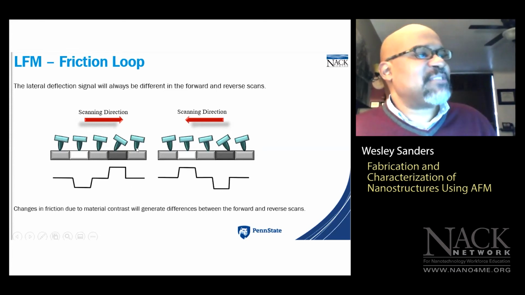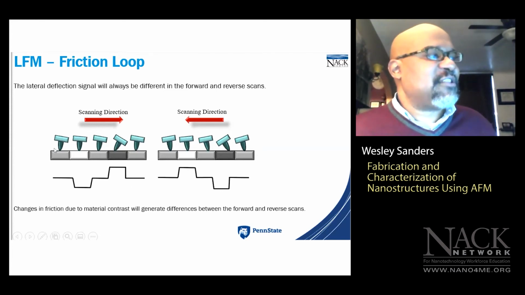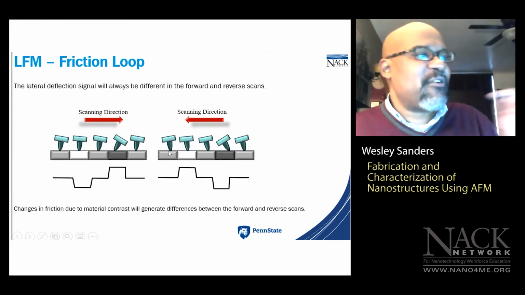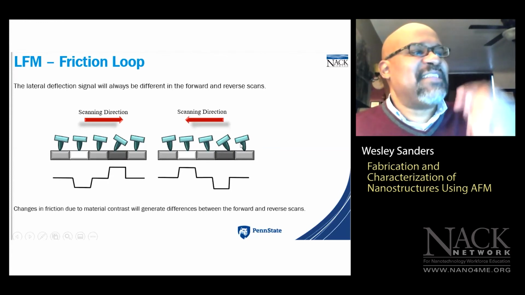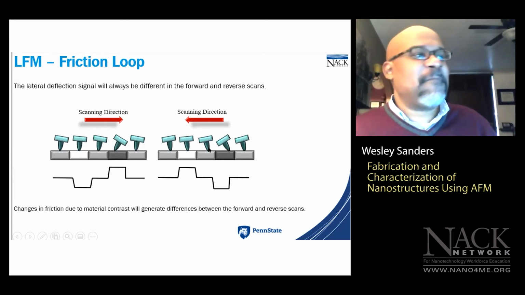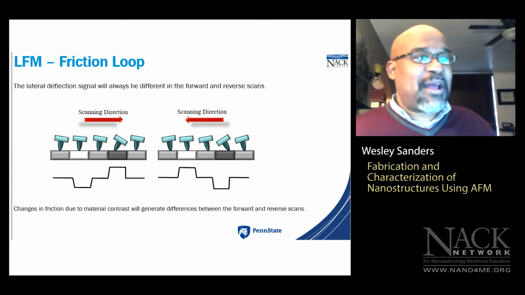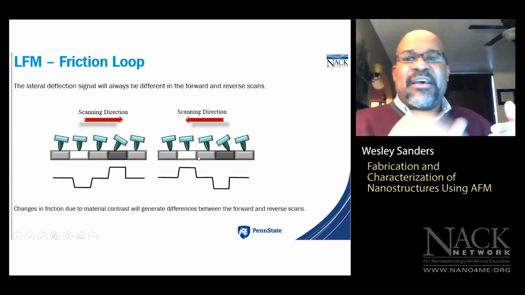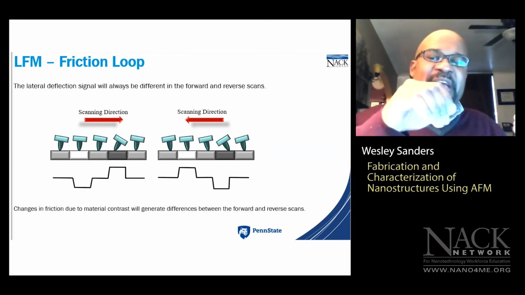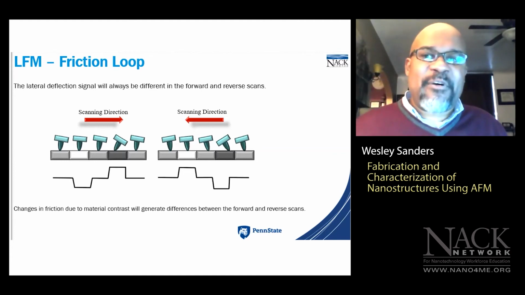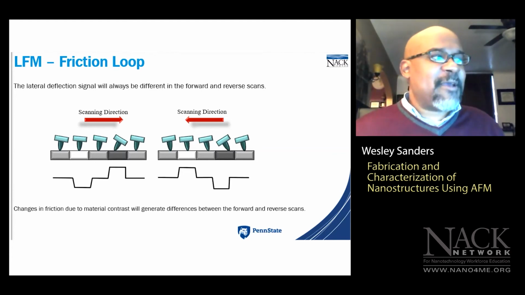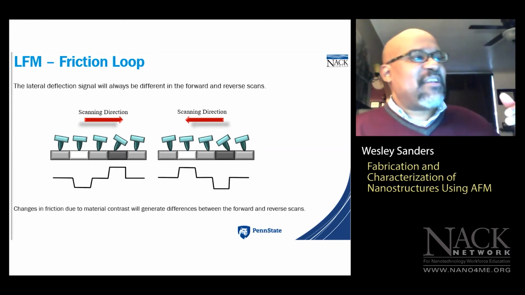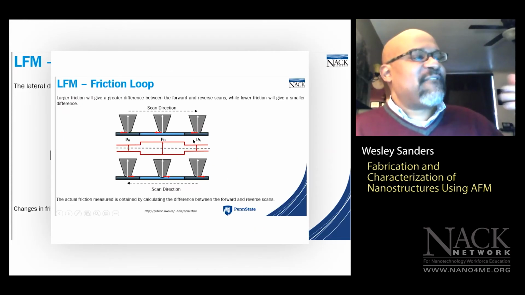And the reason for that is because as the tip traces in the forward direction and then subsequently goes in the reverse direction, it's going to experience different frictional forces, okay? So the forward and reverse retrace plots in an LFM scan will be opposite of each other, right? Because when the tip goes in the reverse direction, it's sensing the frictional forces in the opposite order, right? So that's why you have a different signal in your friction loop when you compare the forward scan to the